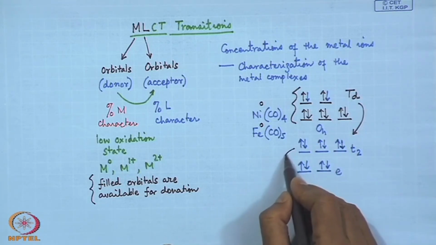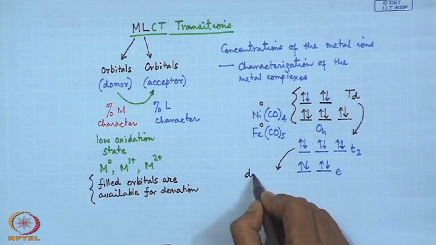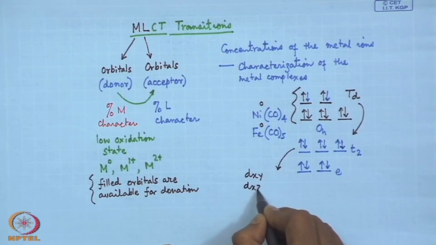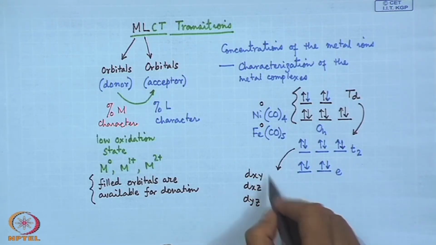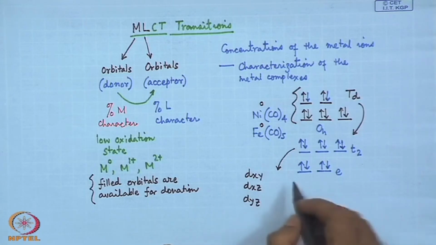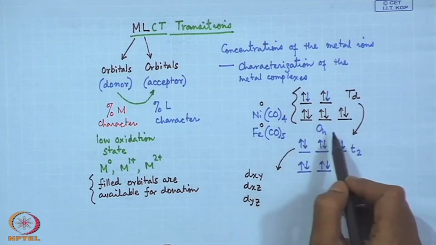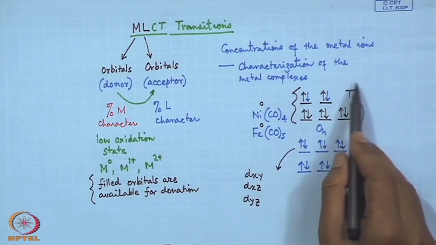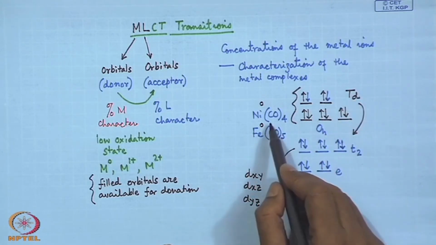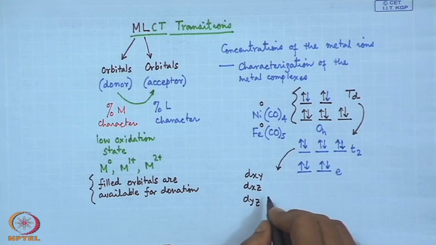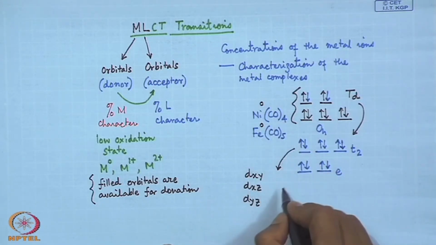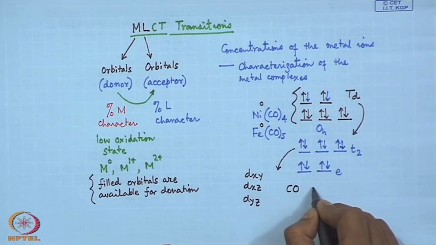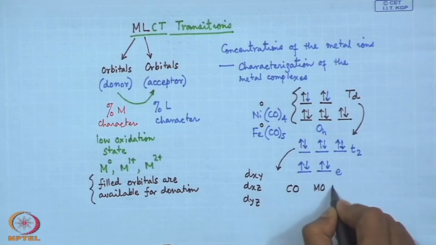this T2g set is the dxy, dxz and dyz set, and they are in between the Cartesian axes which are present for the octahedral geometry, but which can be close to the tetrahedral orientation of the ligand system. So, if they can donate the electron density to some of these orbitals where we have the carbon monoxide molecular orbital, if we see the molecular orbital picture